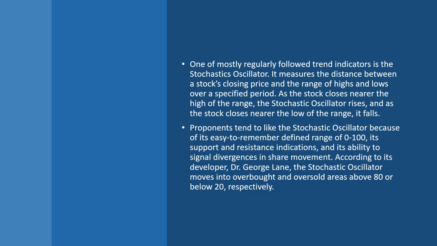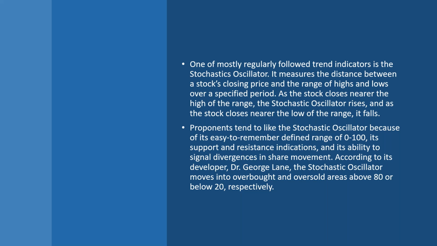Now, stochastics falls into a group of what's known as technical indicators, and then a category known as oscillators. One of the most regularly followed trend indicators is stochastics. It measures the distance between an opening price and a closing price and the range of highs and lows over a specific period. Now, it was originally developed by